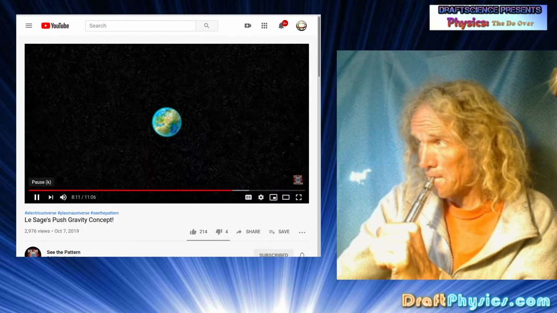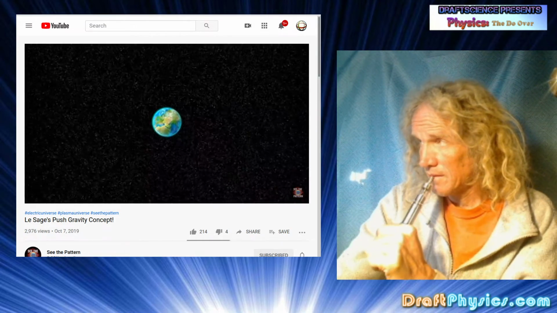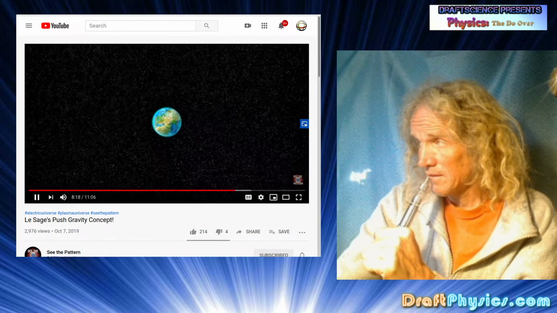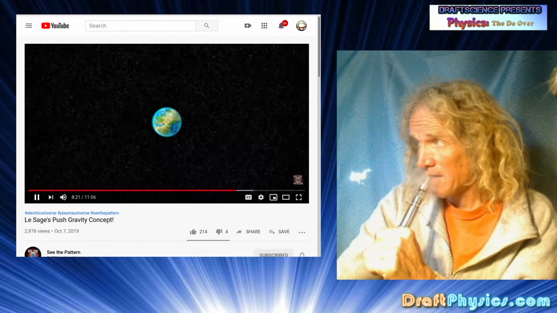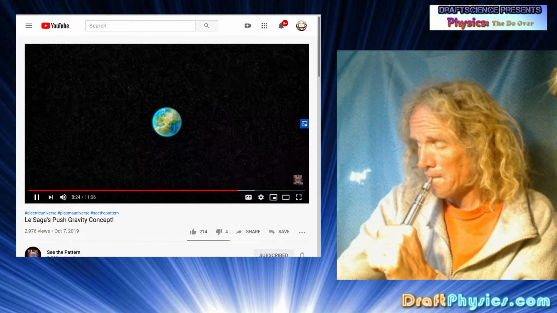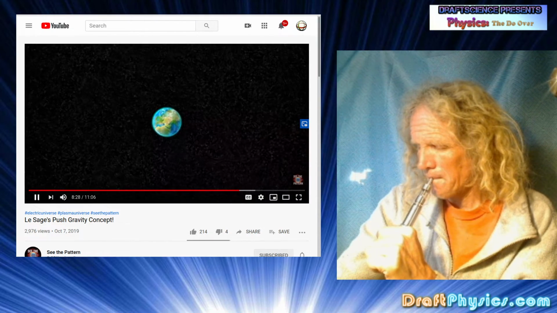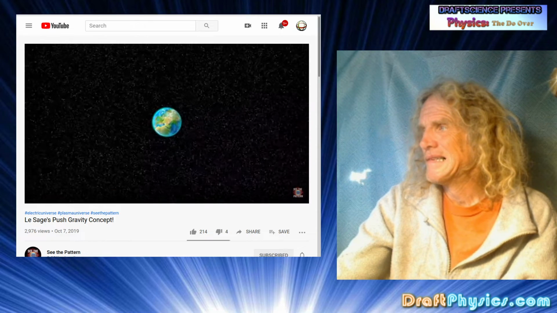So the main problems have hampered the development of the Lesage model, which can be summarized as follows. Number 1. If the collisions are partly inelastic, the transfer of energy would cause a heating effect. Depending on the mass and the velocity used, this could create a vast amount of energy that would build up over time. Secondly, planets which orbit...